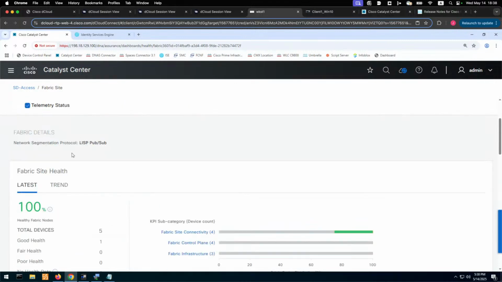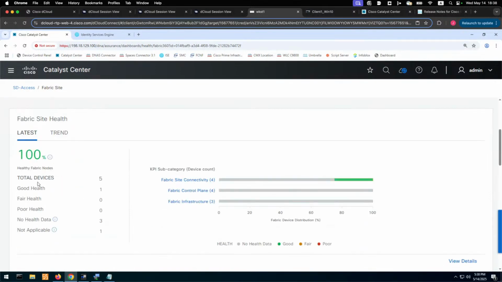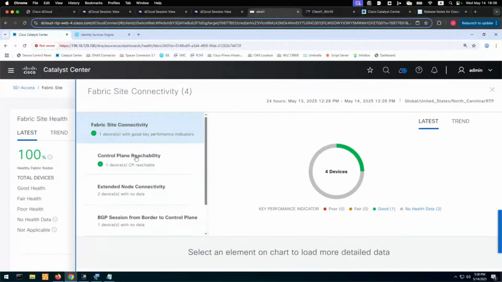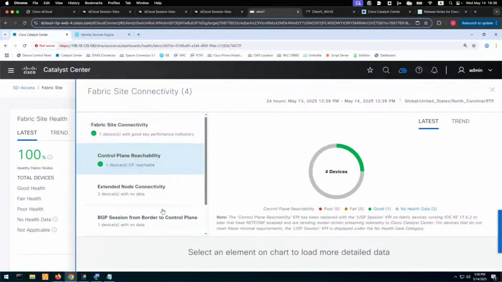You will see that for the network segmentation protocol, we're using LISP, VXLAN. And there are going to be all the devices that are being connected here. You will check the KPIs for these devices and the health that they are having. Let's click on one of those. So we can see for the devices we have, they have control plane reachability, so they can exchange all the information for the endpoints, get all the policies from